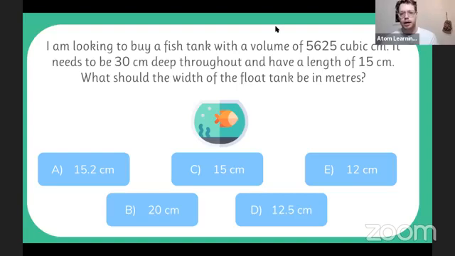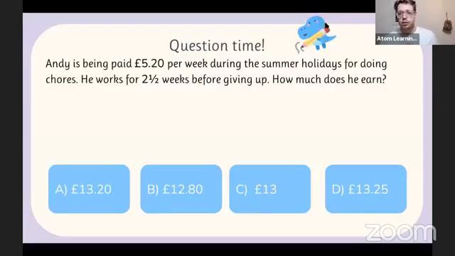So what should we do next? I think I've got an algebra one. I'll do a hard fraction one. So again, this brings us to wordy questions, which cause a lot of trouble. Key things with wordy questions are taking it one step at a time, forming a plan, and just looking for the key parts of the question.